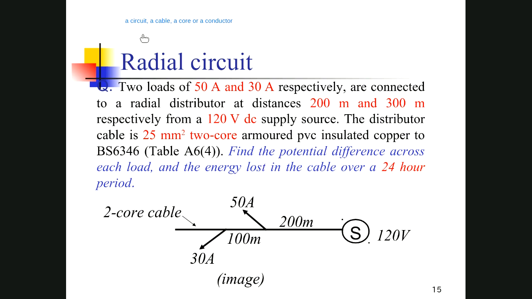So when you read some books or in lectures, you always hear that sometimes we say a circuit, sometimes we say a cable, sometimes we say a core, or a conductor. They are different. They are different. In a DC circuit,